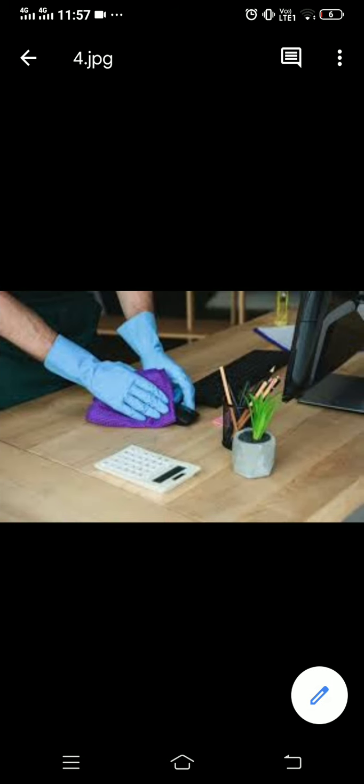Then mouse. Again, we are not going to use any damp cloth, just a clean piece of cotton cloth is used to wipe the dirt. Also, if you are using an optical mouse, then simply wipe the mouse from above and below with a piece of cloth. Similarly, CDs and DVDs, you should keep them properly so that there is no scratch on them.